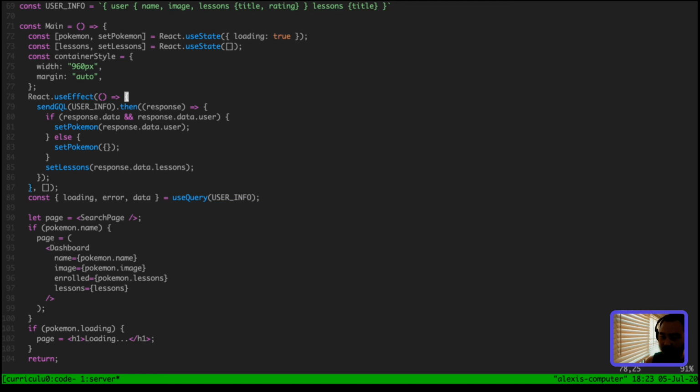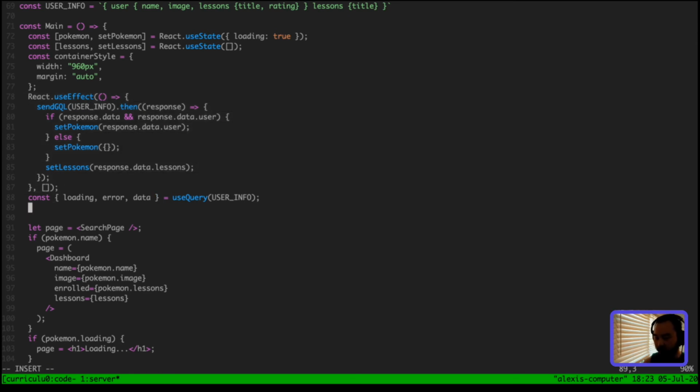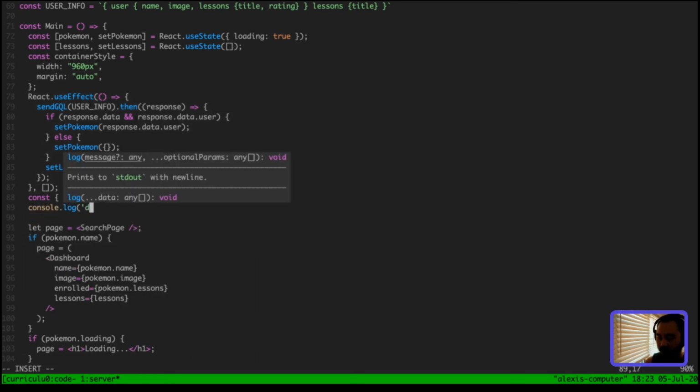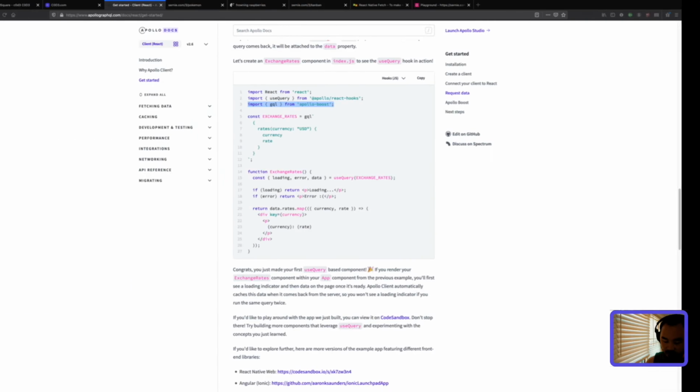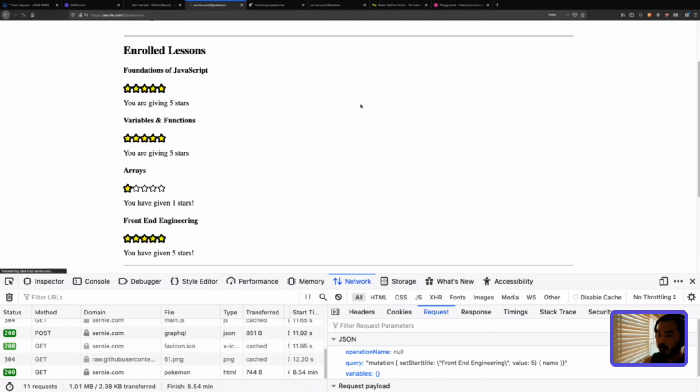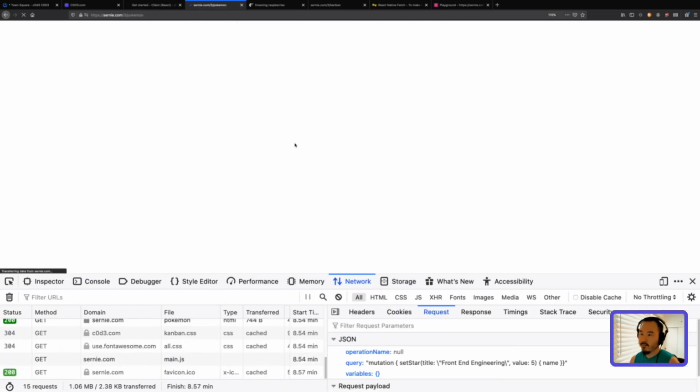So you see how this is so many lines of code? And then with Apollo query, it's just one line. You just call useQuery. So all of this I can delete if this works. So let's console.log data, and let's see if useQuery gives us the right data. So if I refresh,